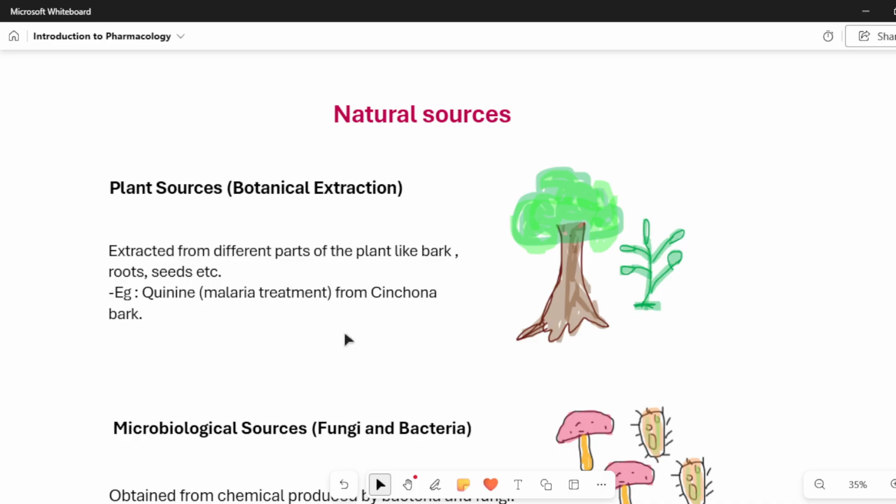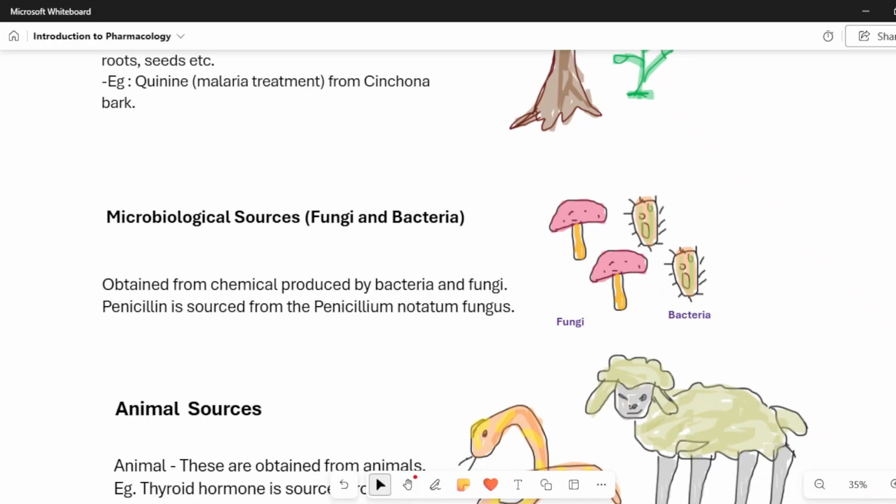And another way we get these drugs is from microbiological sources like fungi and bacteria. We get chemicals, the drugs, from those sources. So penicillin is there, right? Penicillin is got from the Penicillium notatum fungus. So from that fungus we get this medicine penicillin. That is a chemical which is produced by bacteria and fungi.